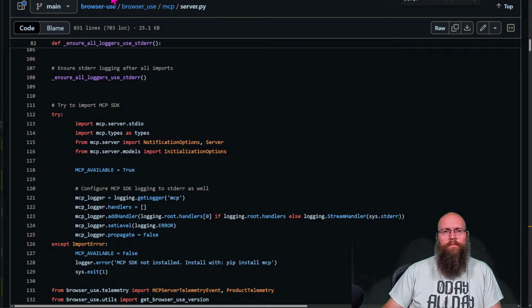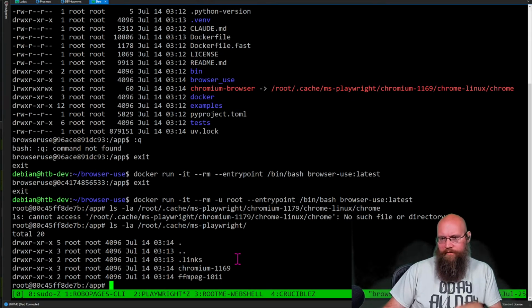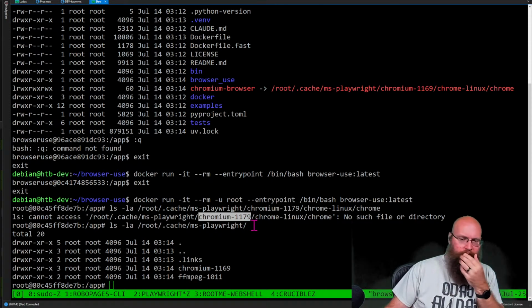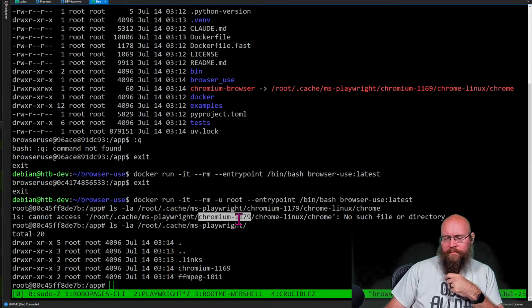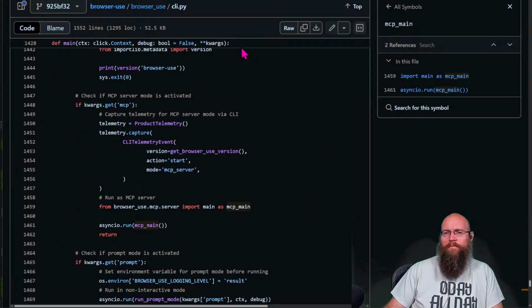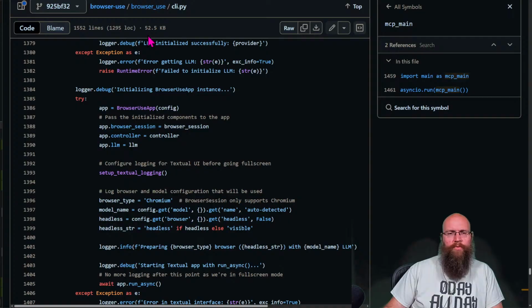So, why is it mismatching here? What could be the cause of this? So we have chromium 1169. For some reason, Playwright is trying to find Chrome 1179. See if anybody's reported an issue with it.